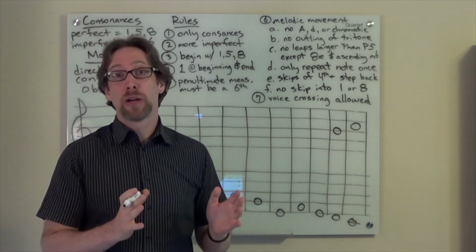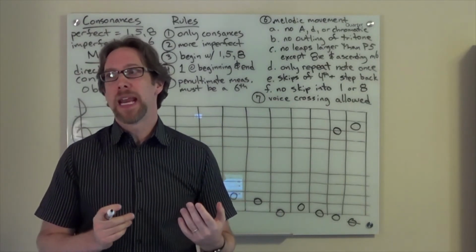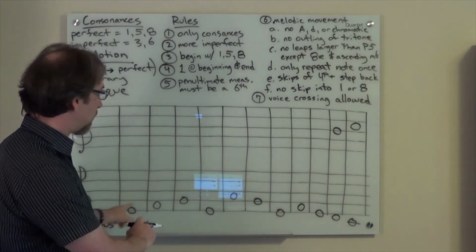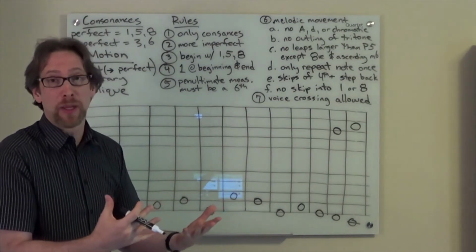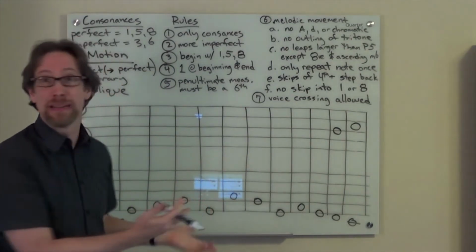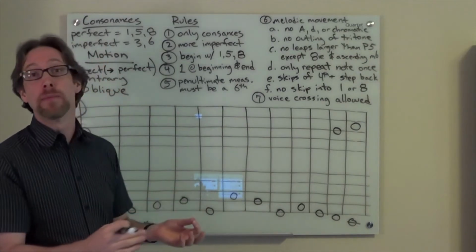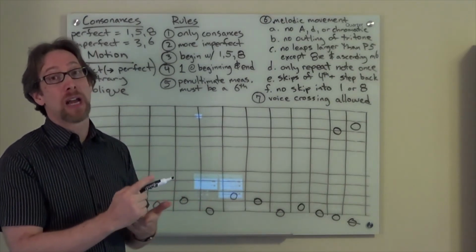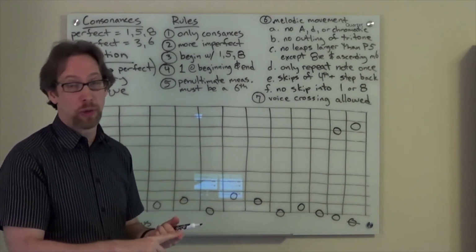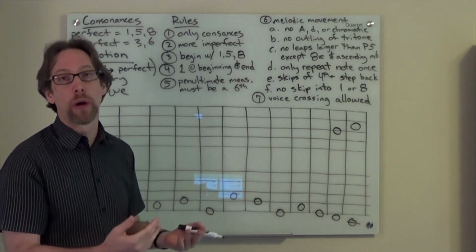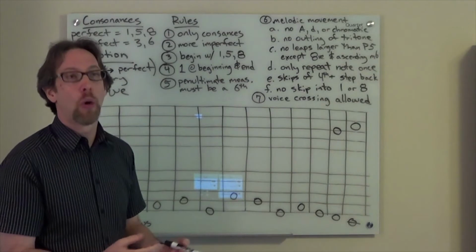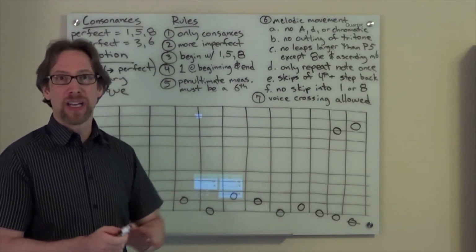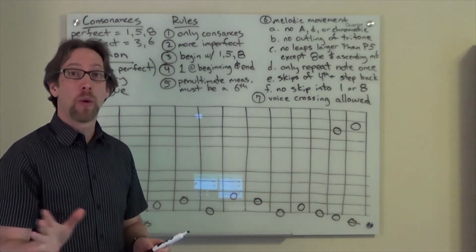When we deal with species counterpoint, it was often done in a modal context. So what we're using right now is cantus firmus based in C. So for those of you familiar with major minor tonality, this is going to be like a C major scale. But this was an Ionian mode. And very often when you do species counterpoint, you'll do a cantus firmus based on A, which would be Aeolian, or D, which would be Dorian, or E, which would be Phrygian, or F, which would be Lydian, or G, which would be Mixolydian. Those aren't important for you to necessarily memorize right now. I just want you to be aware that